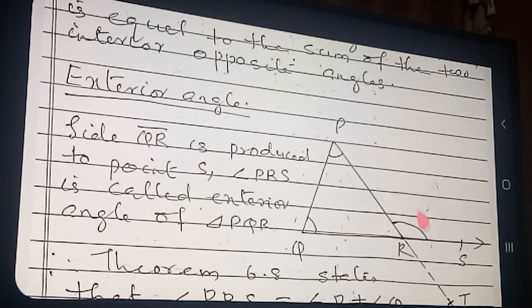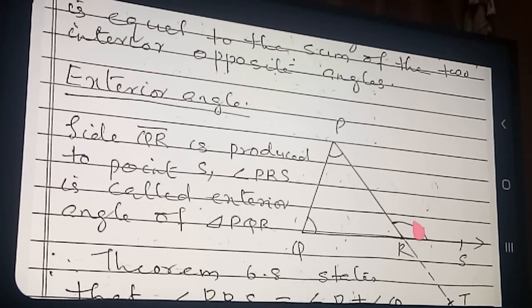Now, you are taking this exterior angle very clearly. These two angles are what type of angles? Adjacent angles. Clear now? This angle PRS and angle PRQ are both adjacent angles. But here you want to know the interior opposite angles. So this angle you don't take. Then which are the remaining angles? Angle P and angle Q. Therefore, these angles we are calling the interior opposite angles with respect to this exterior angle. Did you get the concept clearly?